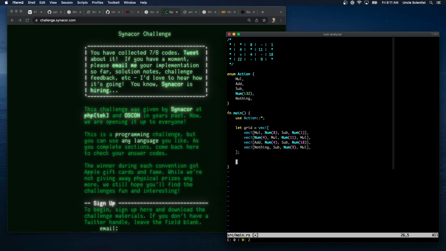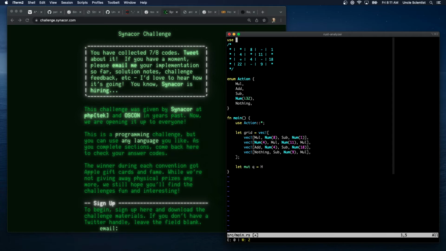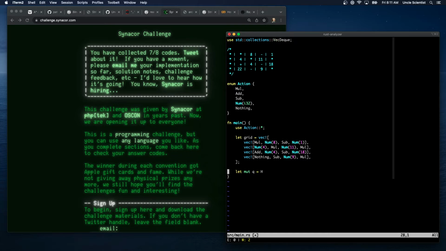Okay, so our starting position, so we're going to create a queue, queue of actions here, which is going to be a vecdec. Oh, we have to pull vecdec in then. Use, is it in standard collections? I think. I know it's supposed to be vecdq, but I say vecdec because that's the way I am. And this is just going to be,